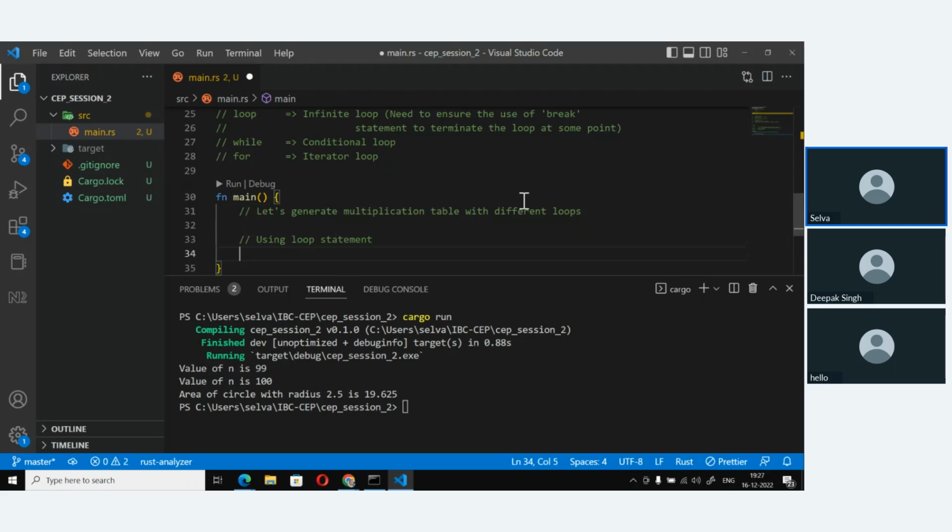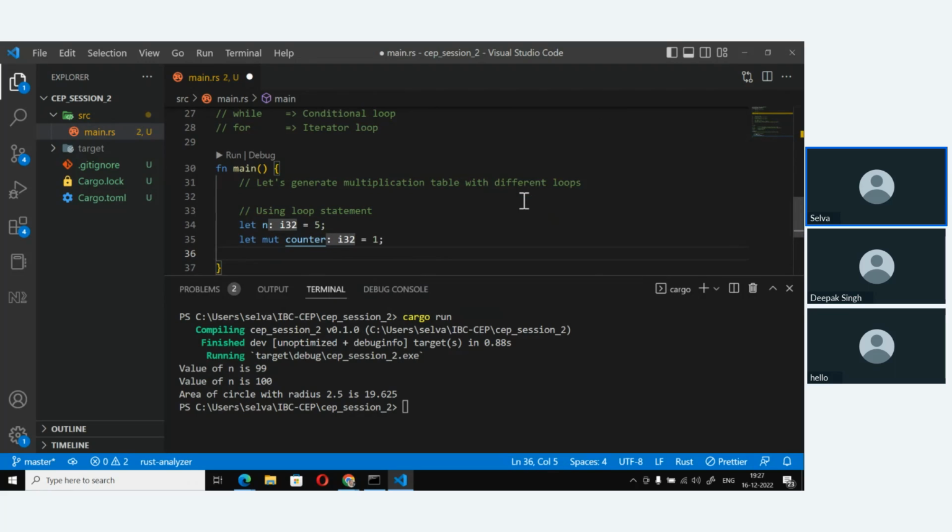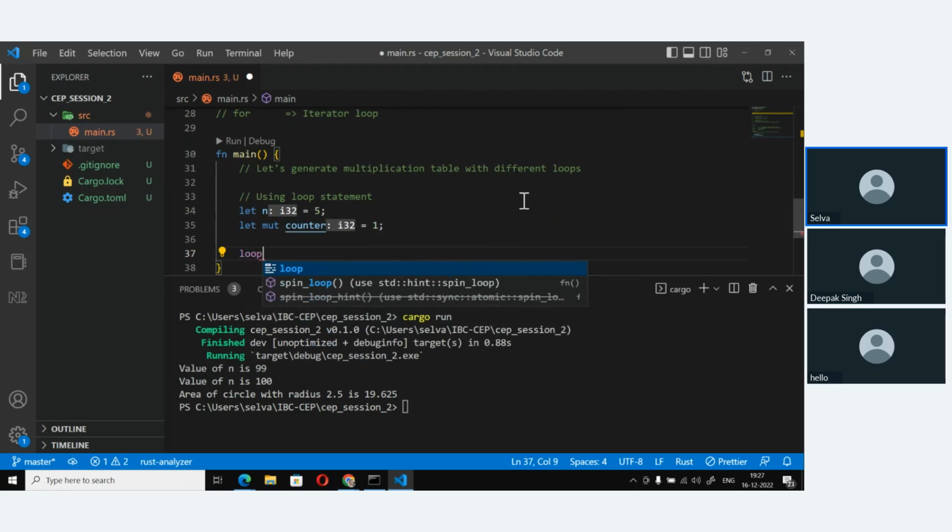So let's say I have a value called n. Let n be assigned 5, because I want to generate the multiplication table for 5. So I'll create a counter. Because the counter has to run from 1 to 10, it has to be mutable. Counter, and it starts with 1. Okay, and it's a loop,